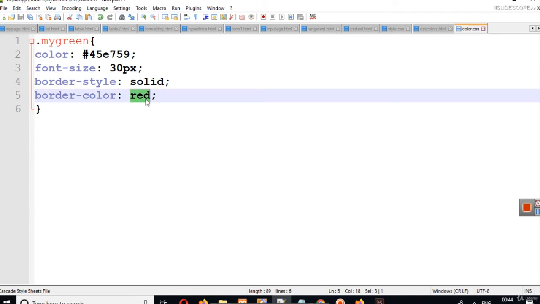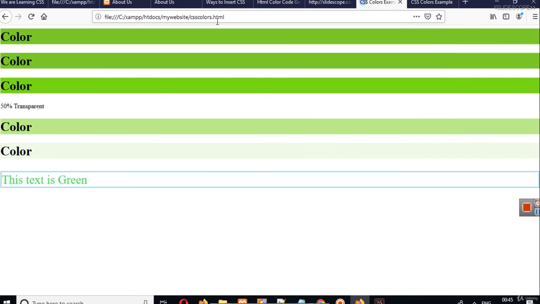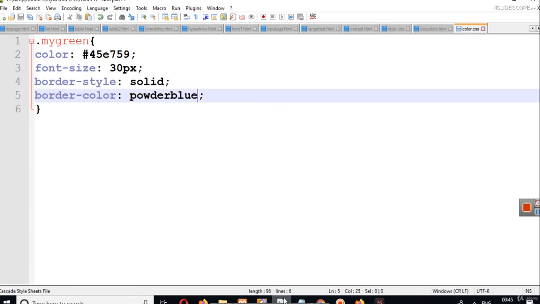Let's say we want the border color to be powder blue. I am showing you these examples so that you can understand these are colors, and if you remember the names of these colors, you can use them directly in your code. When you apply this, you can see our paragraph now has a border, and the border is solid and it has color also.